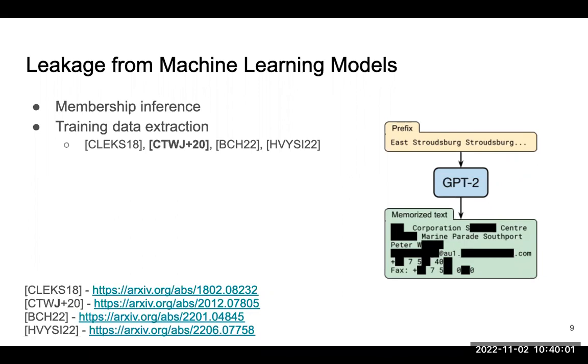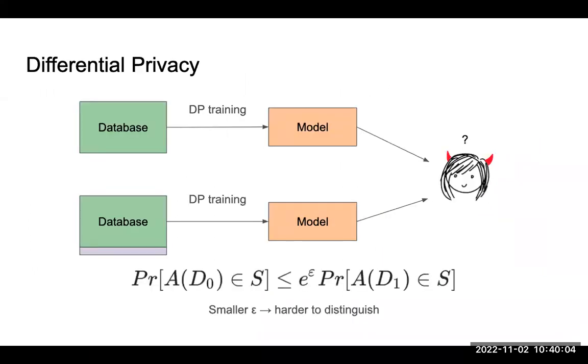And to the rescue comes this tool called differential privacy. So what is differential privacy? Essentially, it's a way of training models or a way of doing statistics. Basically what differential privacy says is that for any two databases that differ in one row, if you run a DP training algorithm, you shouldn't be able to distinguish between these two worlds where this one thing has changed. And essentially what this says is also you can't do membership inference. If you remember, in membership inference we're trying to determine whether one target record was